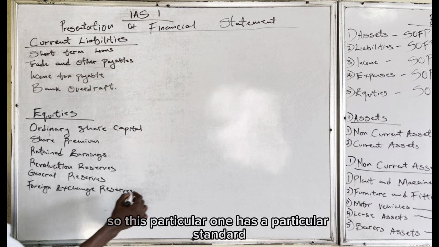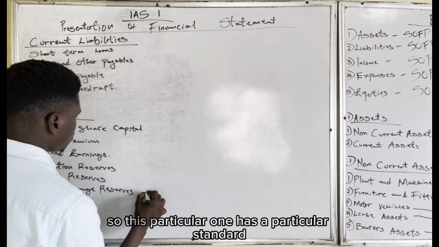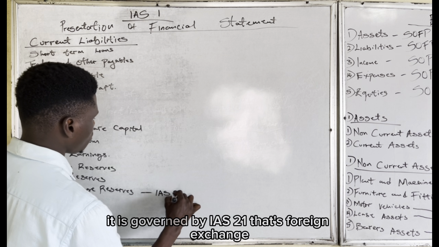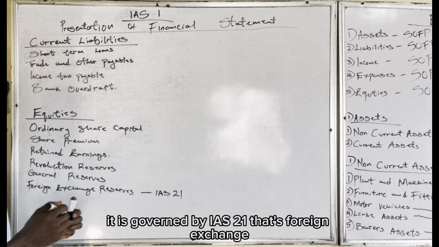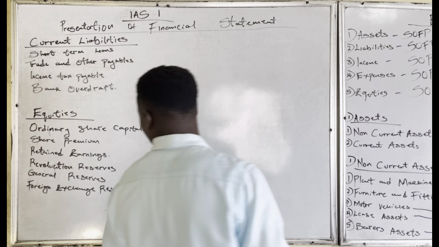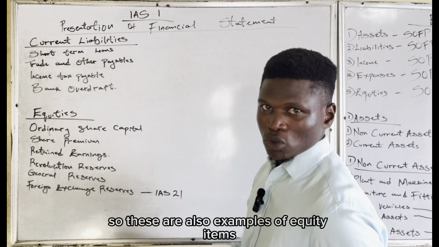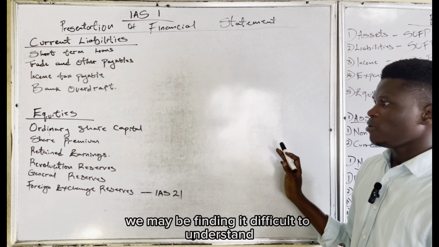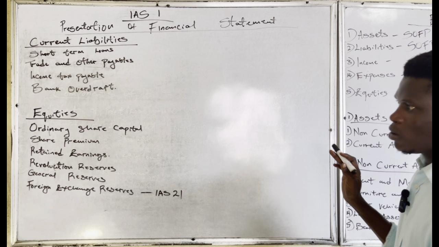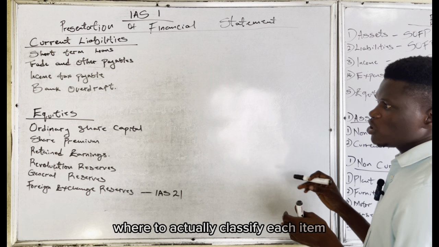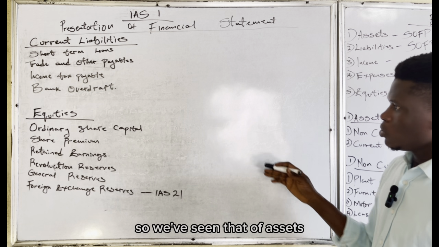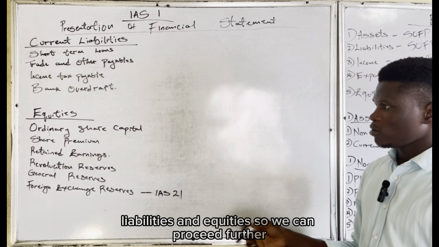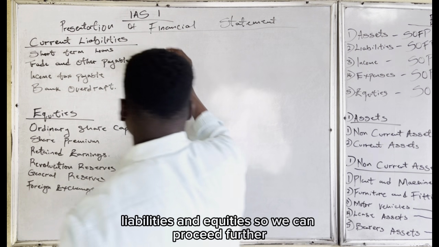So this particular one has a particular standard which is governed by IAS 21, that's foreign exchange. So these are also examples of equity items. Like I have said, we may be finding it difficult to understand where to actually classify each item. So we've seen that of assets, liabilities, and equities. So we can proceed further